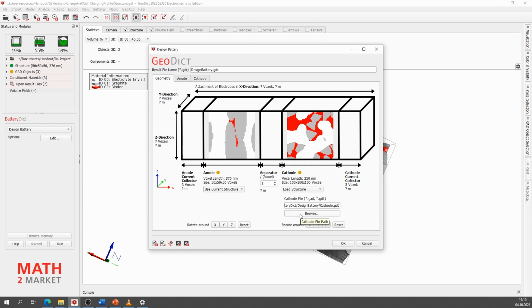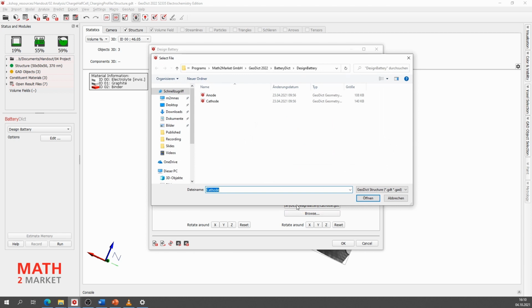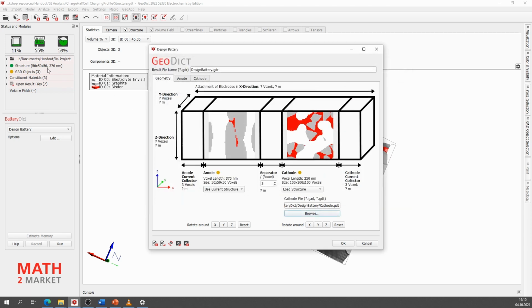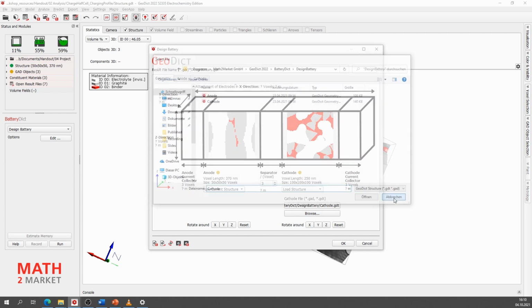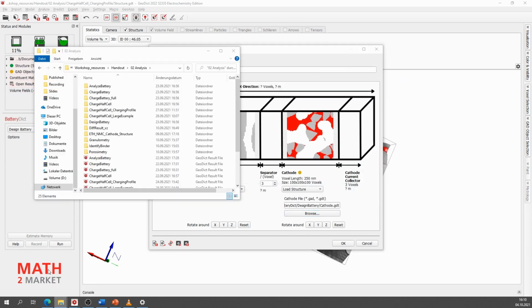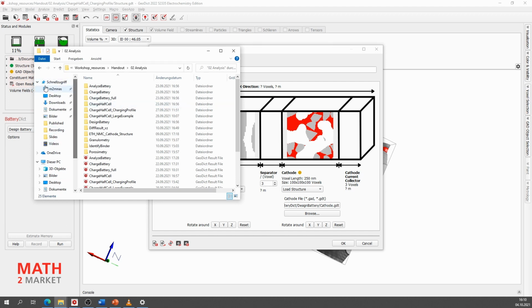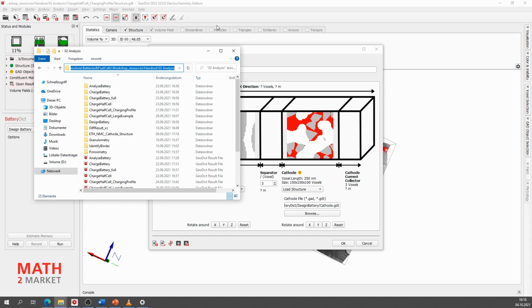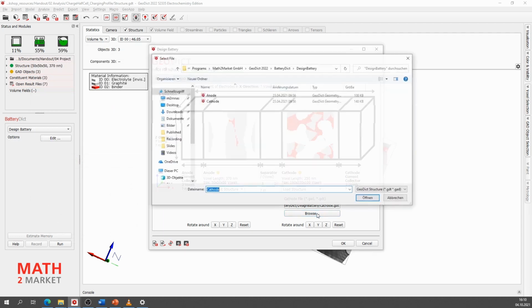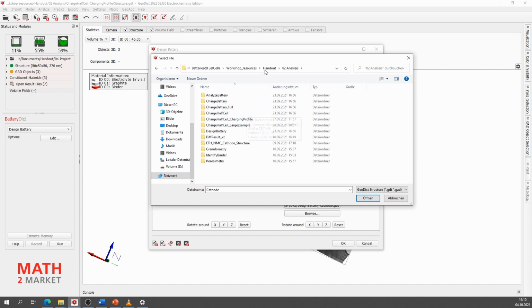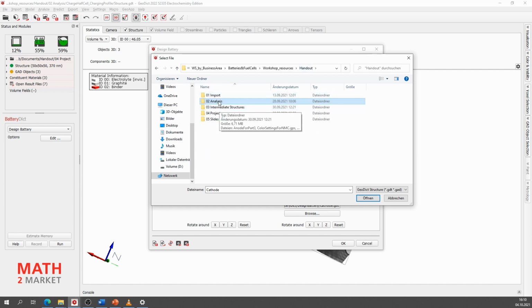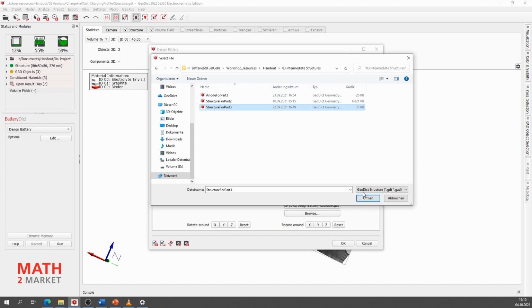So now we can browse, and we can go to the handout folder. So I go on browse, and then I open the folder for the handouts, and I take the structure for part 3.